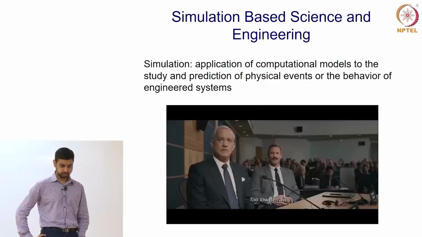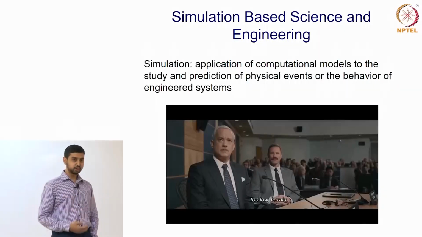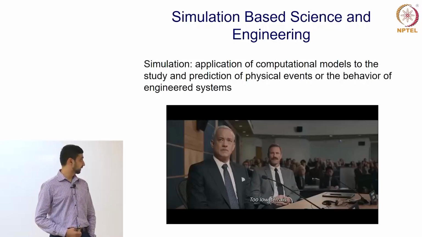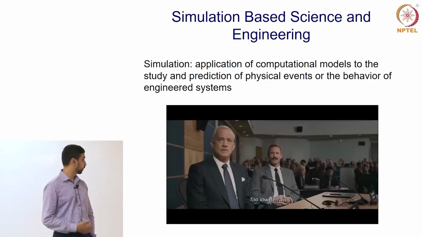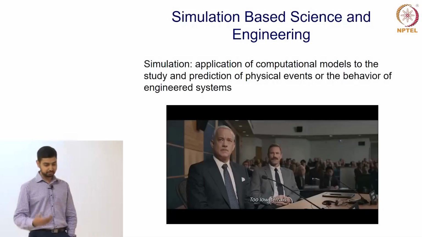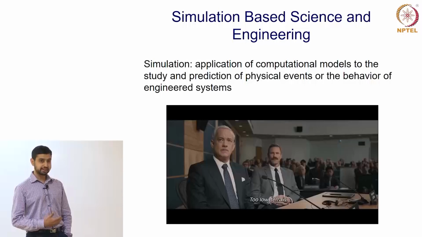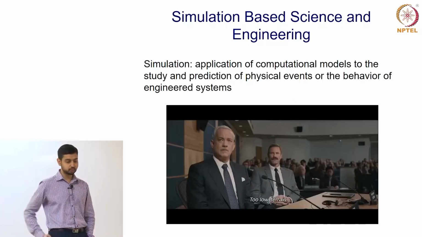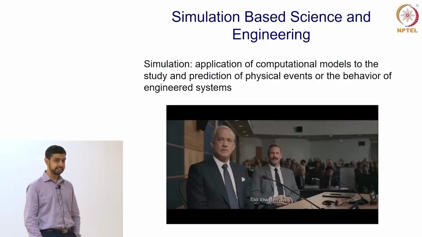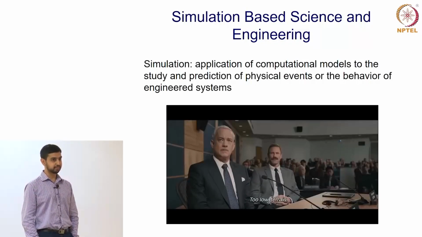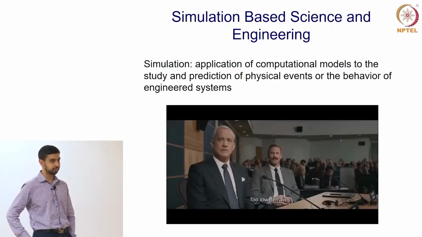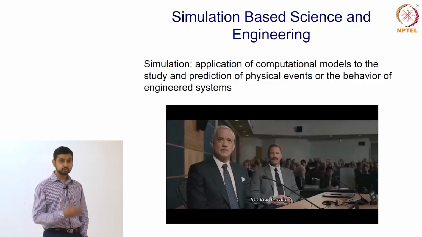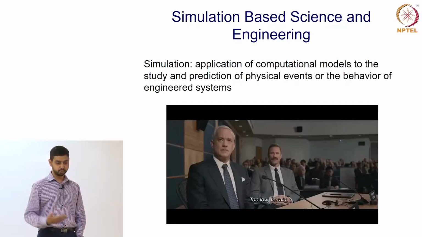Okay. So before we get into what computational sciences and computational engineering are, let's start with the basics. For any of these principles, we need to simulate reality. And when you talk about simulation, the definition is out there for you. It's essentially defining a computational model that is simple enough for you to study and predict any of the physical events that happen outside in nature. Well, that's a very drab definition. I don't know how many of you would be able to relate to it.